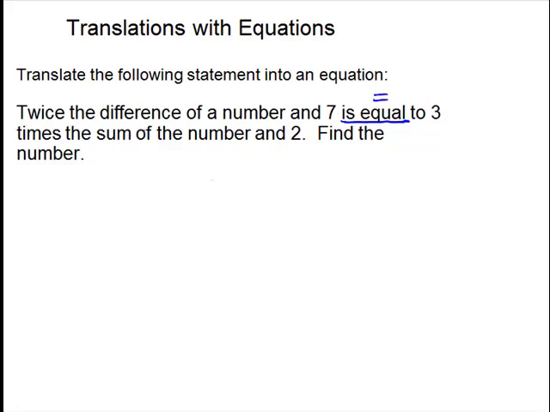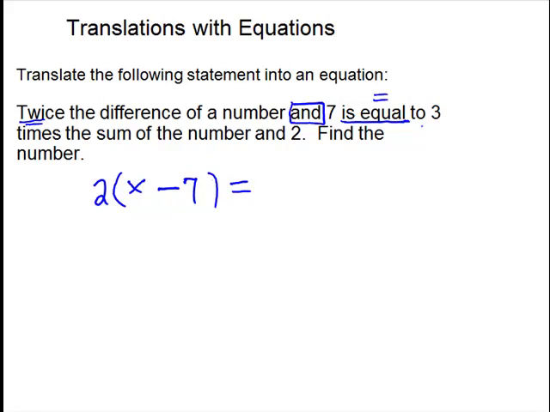Twice the difference. If you watch the translation video, remember when you do twice and your next word is another operation word, the second one has to go in parentheses. So 2 operation words back to back. Put the second one in parentheses. So twice is 2 times. And difference would go inside because we want twice the whole difference. Difference is subtract, and it goes in order, and is your separator. So x and 7 is equal to